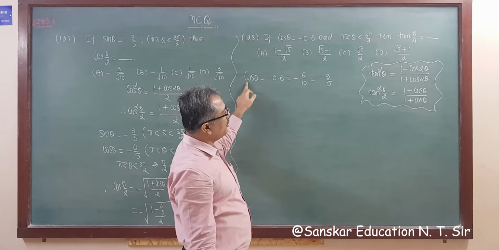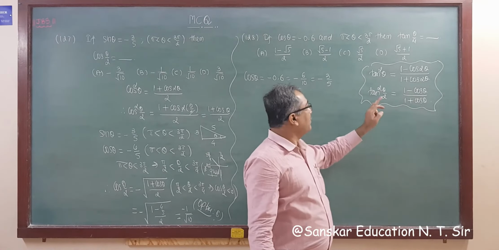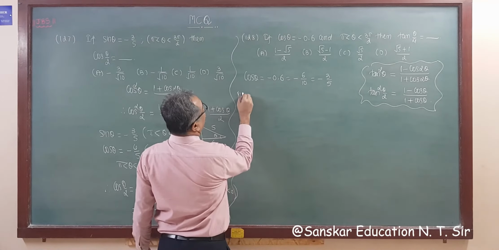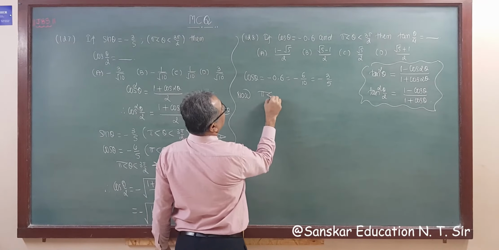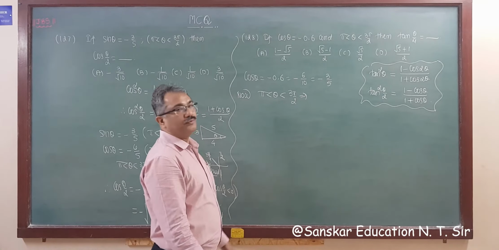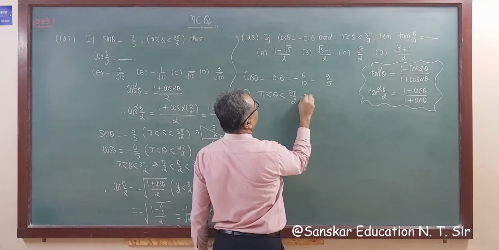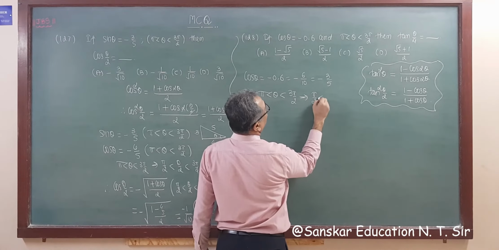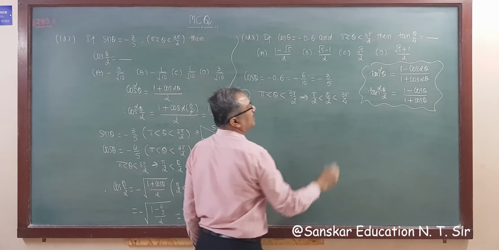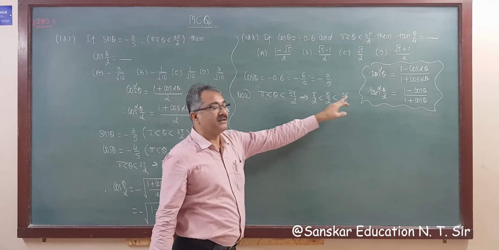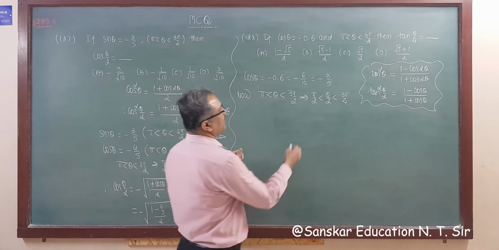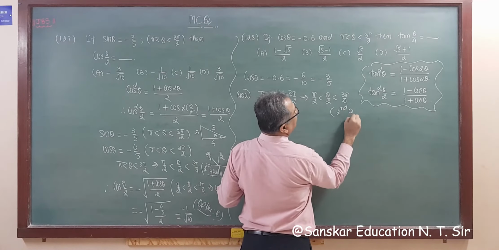Now it is given cos theta and we require cos theta here. Now this is theta by 2 and condition is given for theta. So now pi less than theta less than 3 pi by 2. So if we divide by 2, then what is the answer? Pi by 2 less than theta by 2 less than 3 pi by 4. That is pi by 2 less than theta by 2 less than 3 pi by 4. So same thing, that is second quadrant. So this is in second quadrant.